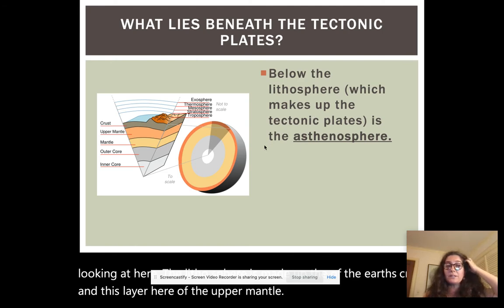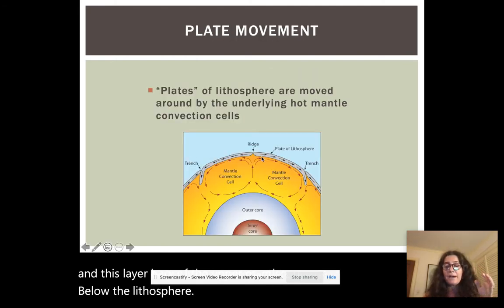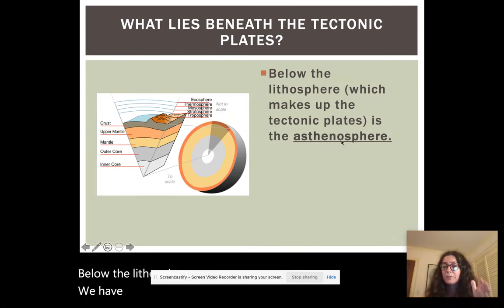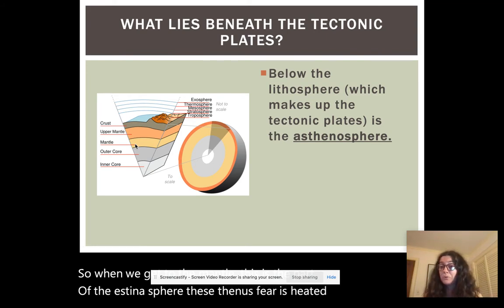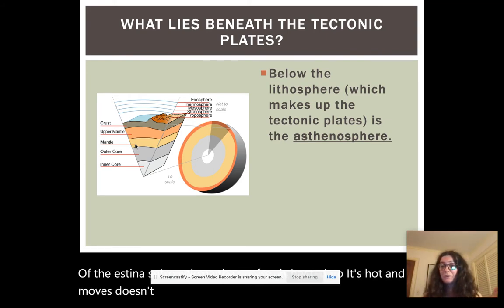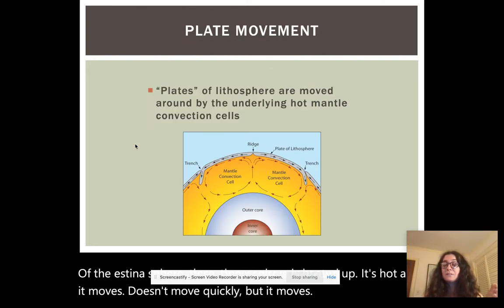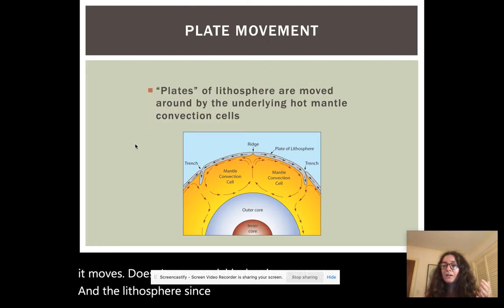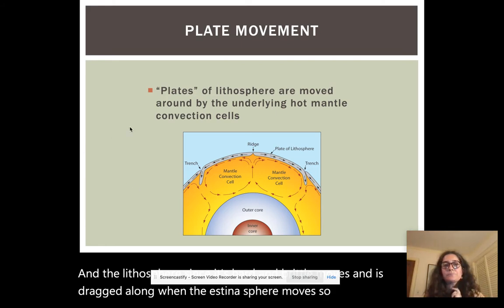Now, below the lithosphere, we have the asthenosphere. And remember, astheno is the Greek word for able to move. So when we get to the mantle, this is the part of the asthenosphere. The asthenosphere is heated up, it's hot, and it moves. Doesn't move quickly, but it moves. And the lithosphere, since it's hard and brittle, moves and is dragged along when the asthenosphere moves. So, for example,